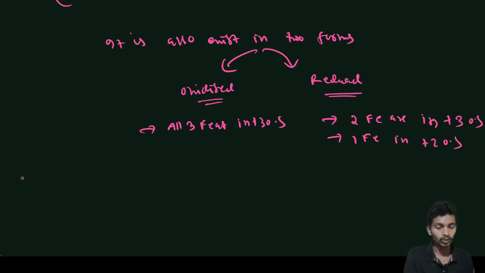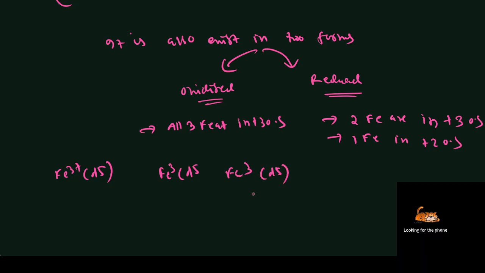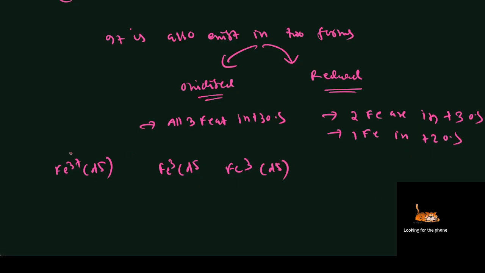Okay, so now we will discuss whether they are ESR active or not. So 3 Fe are in +3 oxidation state, so Fe3+ means that is d5. So another Fe3+, this is again d5, another this is again d5. So if I